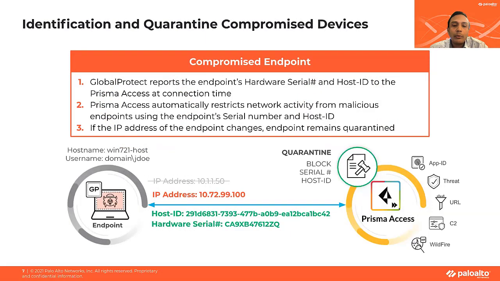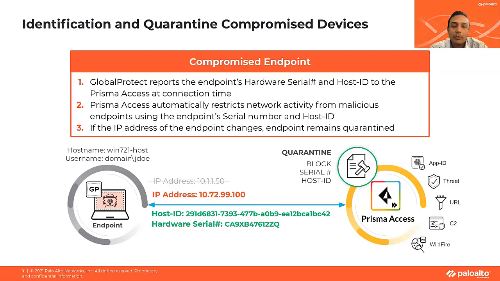That's where Palo Alto has now introduced a reliable way to identify and quarantine the compromised devices with this new capability. With this feature, Global Protect reports the endpoint hardware serial number and host ID to Prisma Access at connection time. Prisma Access can automatically restrict the network activity from this malicious endpoint using the endpoint serial number and unique host ID. Hence, even though the IP address of the endpoint changes, the endpoint can still remain quarantined and Prisma Access can